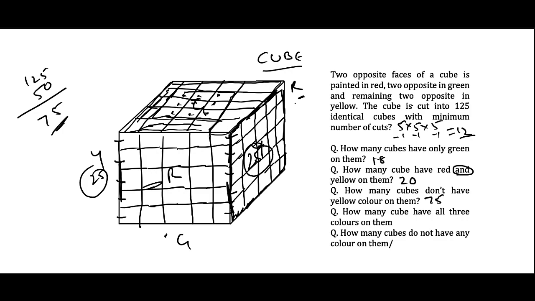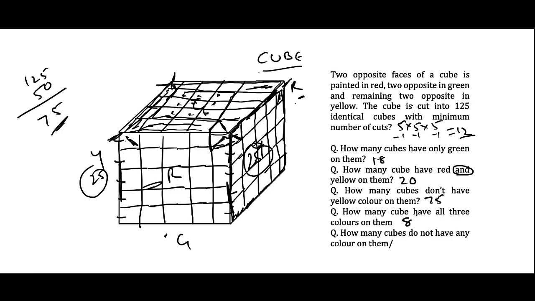Now how many cubes have all three colors on them? As we see the corners, all the corners have 3 different colors, that is green from this side, red from this, and yellow from this side. Same, if we see, we have green from this side, we have yellow from this, we have red, green, yellow and red, red, yellow and green. So on the top 4 corners we have three different colors, and even at the bottom 4 corners we'll have 3 different colors. That means all the 8 corners, the cubes on the corners have all 3 colors on them.